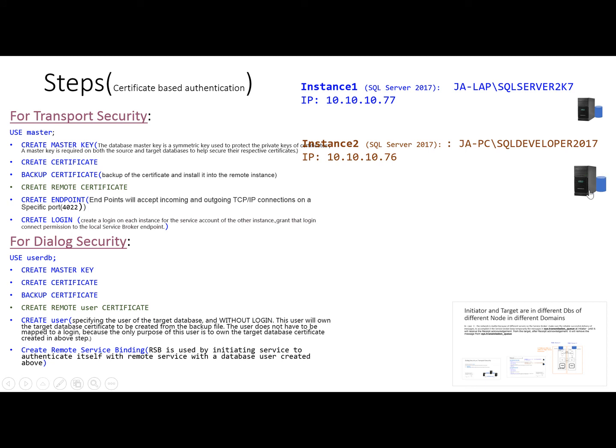we have to define this user without login. This user will own the target database certificates which we have created. And then we have to create the remote service binding. Remote service binding is used to authenticate, like this initiating service needs to authenticate with this service. We need the remote service bindings, and for the authentication we will use the user which we have